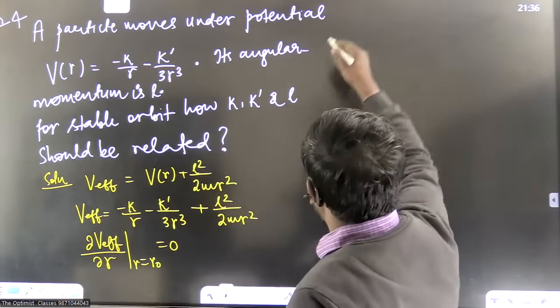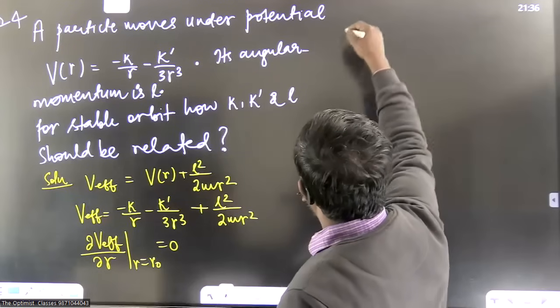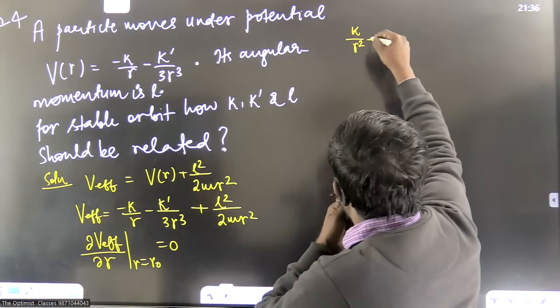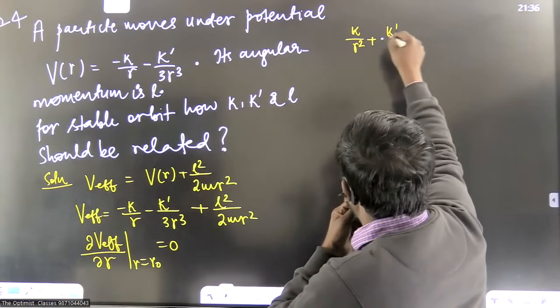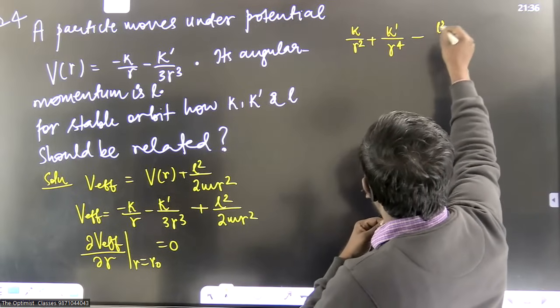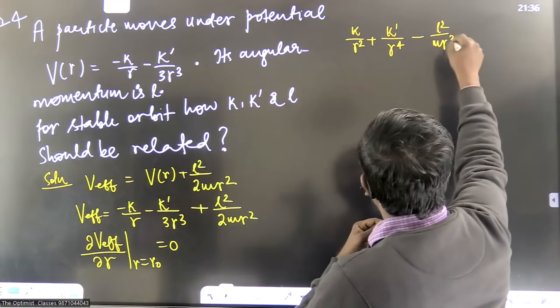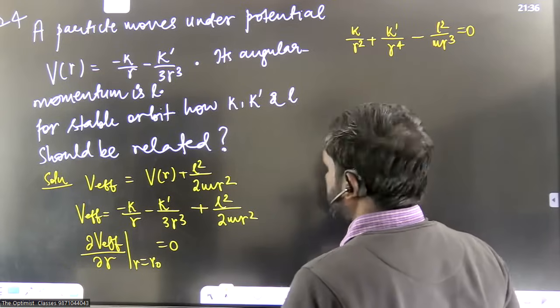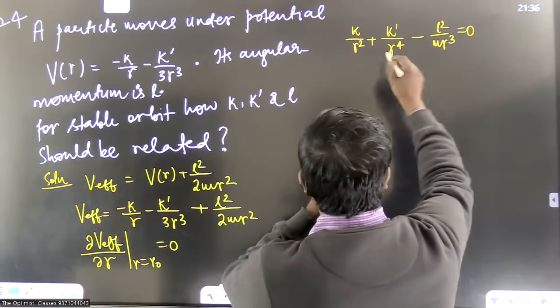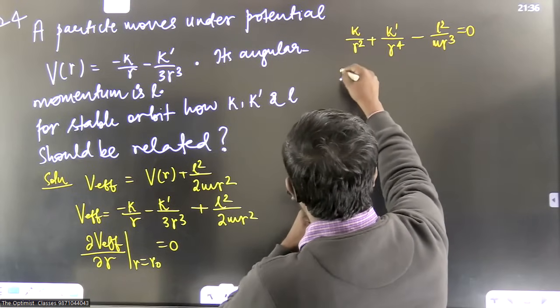So let's differentiate it. What do you get when you differentiate it? You get k by r square plus k primed divided by r power 4, and here you get minus L square upon m r cubed. That is equal to 0. Now let us multiply both sides by r to the power 4. So you get here k r to the power